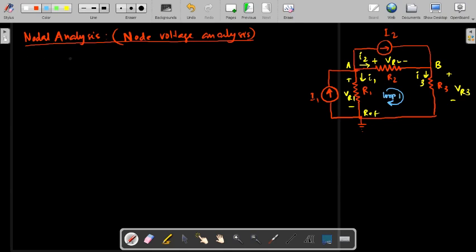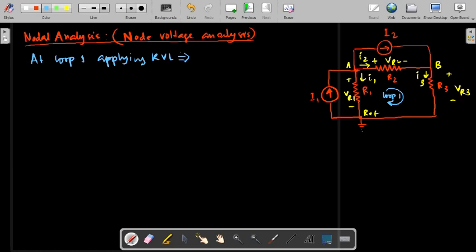So for loop 1, as you have seen earlier, by using the earlier method, applying KVL, the equation that we have got is, if you apply KVL over here, then it will be, as I am starting from this node A and traversing in the clockwise direction, and again returning to